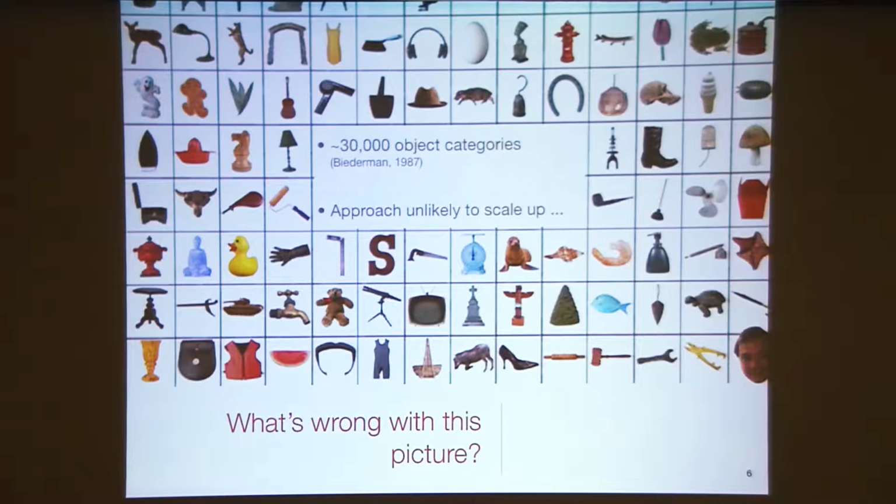So a back-of-the-envelope calculation by Irv Biederman several years ago, where he essentially counted the number of nouns on a couple of random pages of the English dictionary, and from that count extrapolated to the whole entire dictionary, he was able to estimate the total number of object categories to be roughly on the order of 30,000. Today those estimates fluctuate a little bit, but I think it's safe to say that anywhere between 10 and 50,000 categories is the total number of categories out there. And so if we think that we're going to need an army of Mechanical Turk workers painstakingly annotating 100 million training examples for each of the 30,000 object categories, clearly we're going to run into trouble.